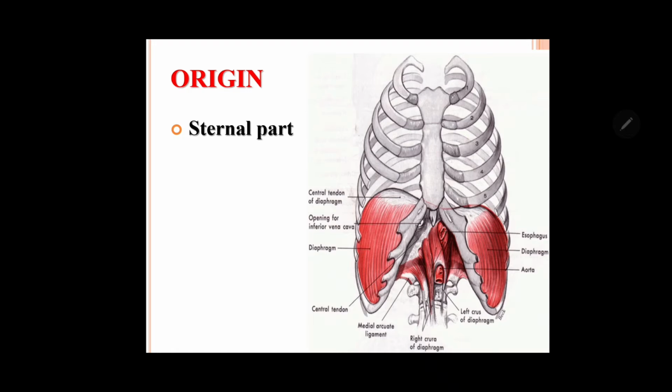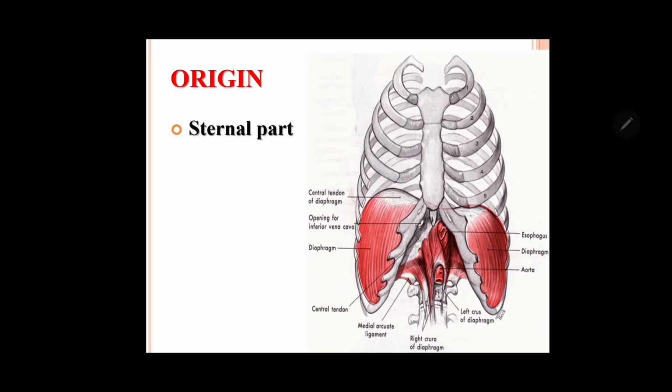This is how it looks when you isolate the diaphragm. Here you are seeing the right crus and left crus, and this is the view from above. You are noticing the two domes. The right side dome is higher than the left side dome, maybe due to the liver. You can notice how the fibers run from the lower 6 ribs towards the central tendon, and also two fleshy slips coming from the posterior surface of the xiphoid process of the sternum.